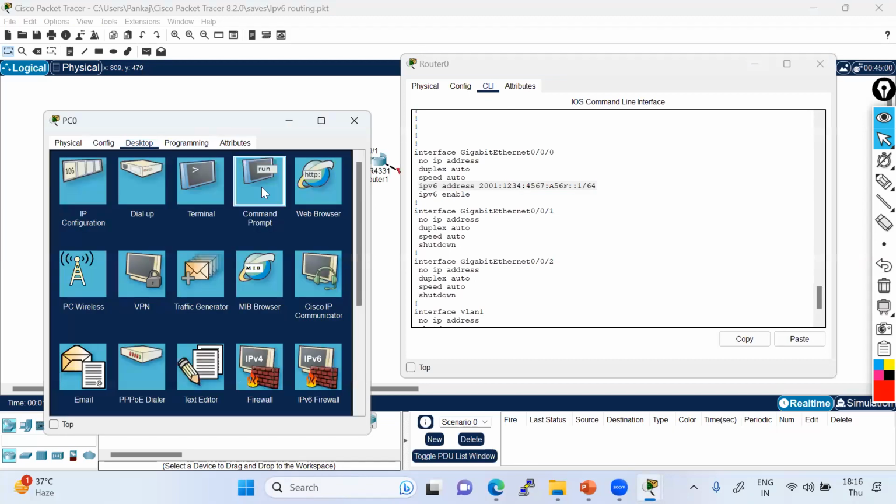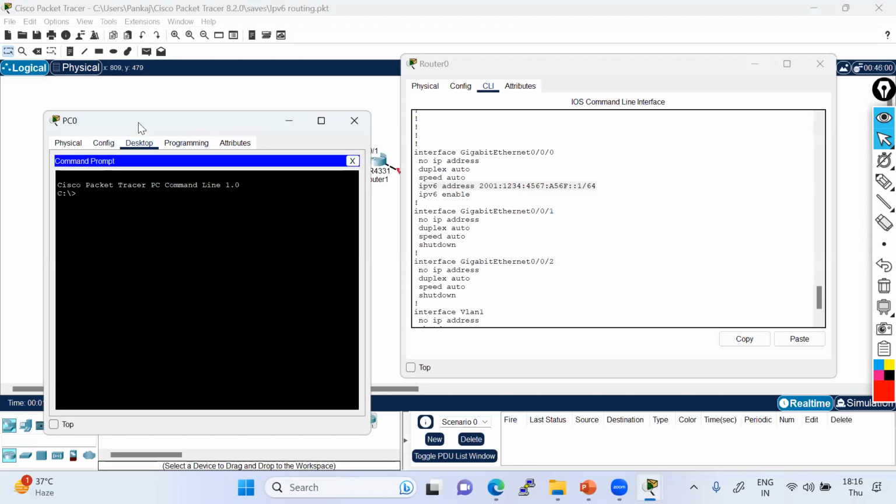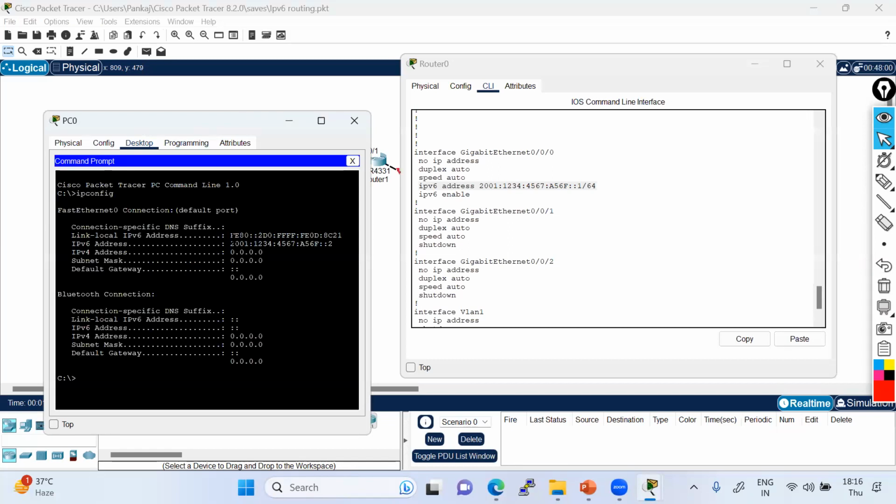So desktop terminal, right? This PC, if I just check it, ipconfig. So we configured this IP address. You can see this IP address and this IP address belong to the same network. This is a link local IP address, and this is not routable. And this is the actual IP address. So one is assigned here. See, these numbers are the same. From here to here, these two numbers are the same, but 1 and 2.